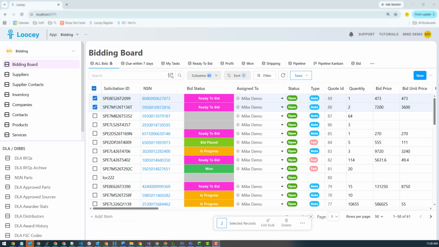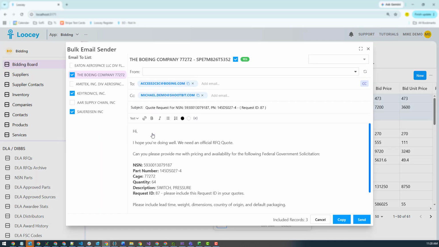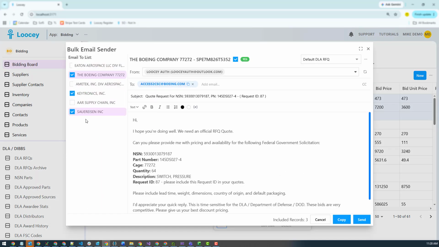Let's get started. On your bidding board, you can select one or more RFQs that you want to send. Select those, click on the dots, and open the bulk email sender. This is going to give you default selected items as well as the manufacturers or proof sources that will get